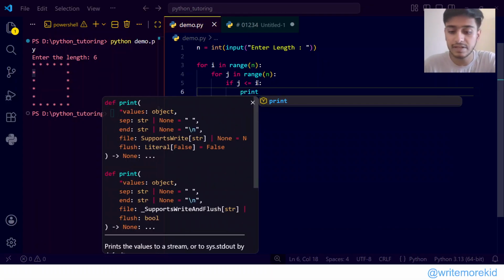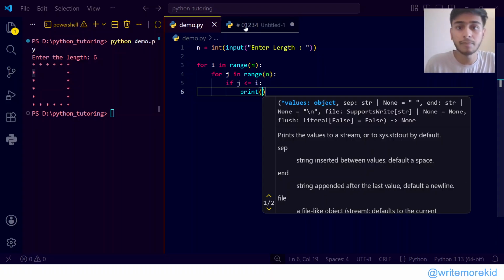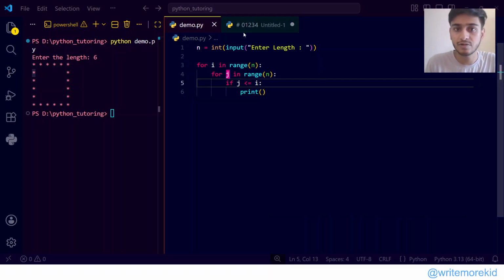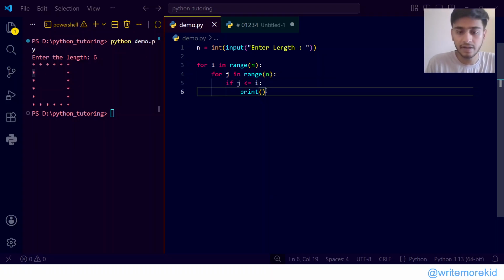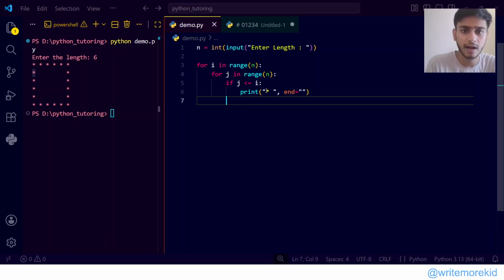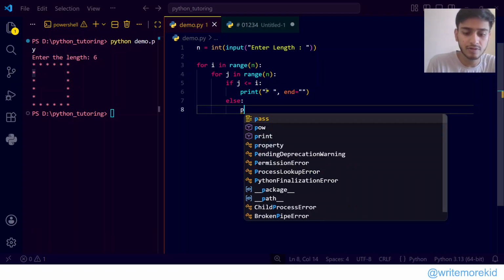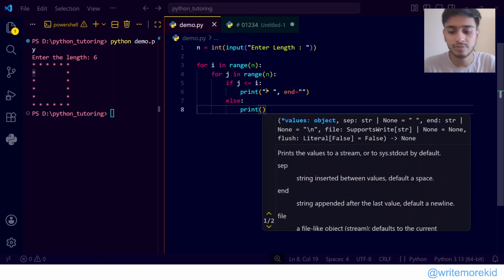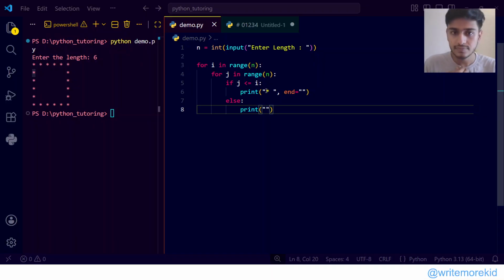print. This is a comparison operator which compares whether the value is less or equal to the value we are comparing it with. So let's print a white space. We'll use this only because it looks much clearer and better. Else we want to ask it to print a white space character,